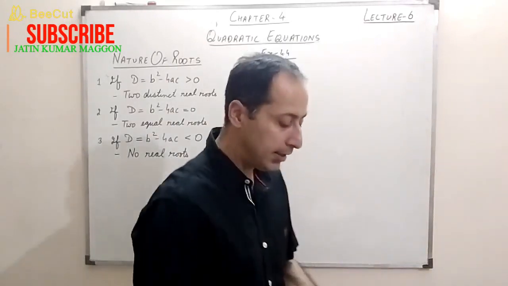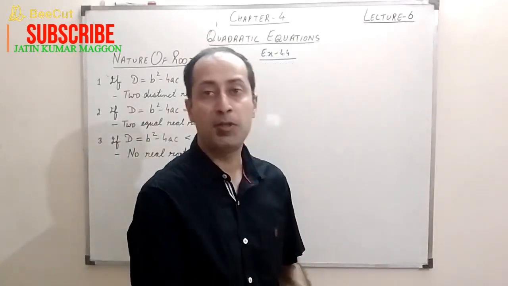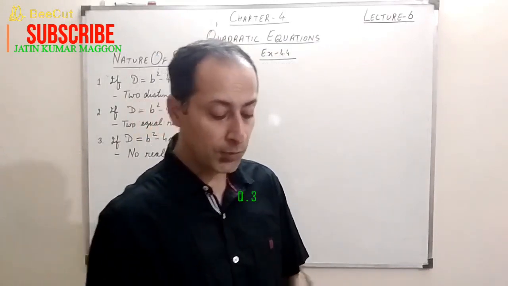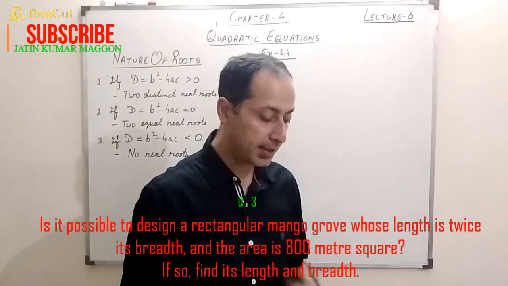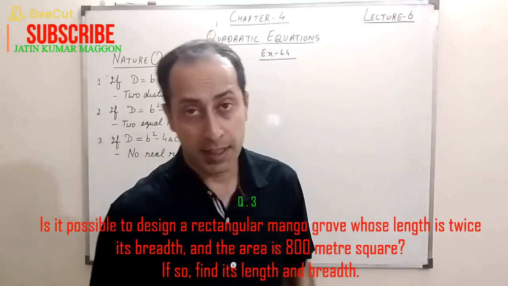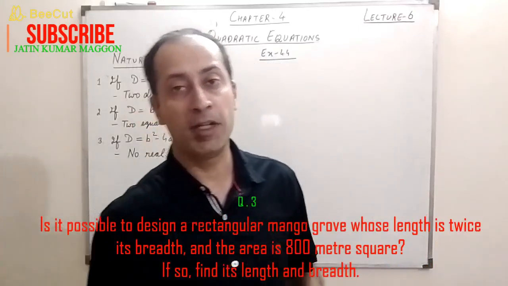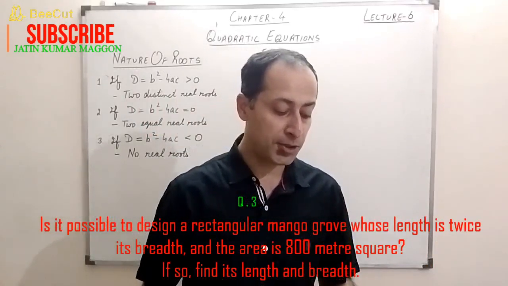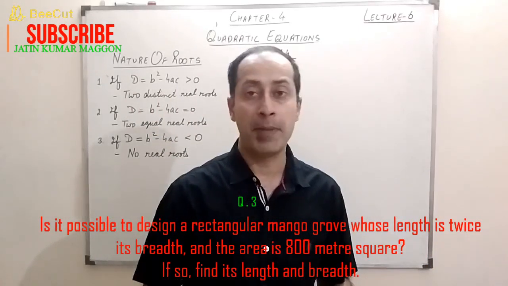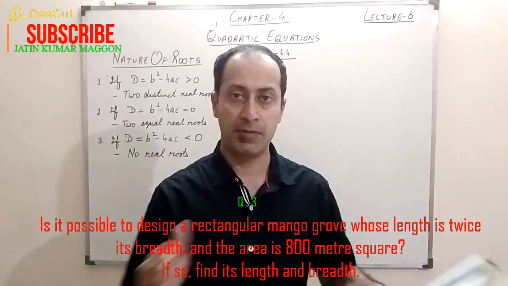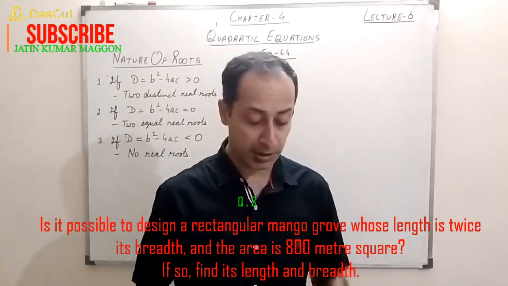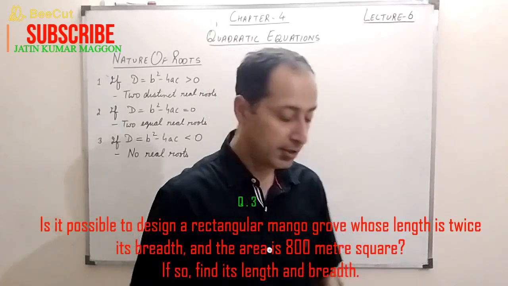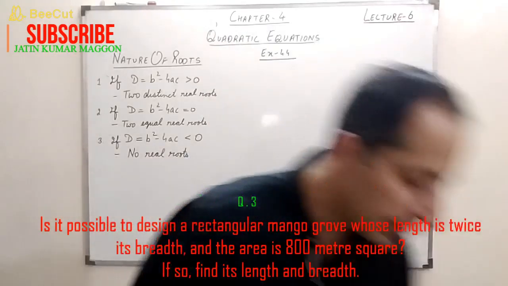Now, in the third question it is given: is it possible to design a rectangular mango grove whose length is twice its breadth and the area is 800 meters square? And I told you earlier also, whenever we are doing a statement question, we should break the question, right? Now, it is given, it is possible to design a rectangular mango grove. So it is in the shape of a rectangle, obviously there will be some length and breadth also. And the relation is given as length is twice its breadth, right? So what do we do? We suppose